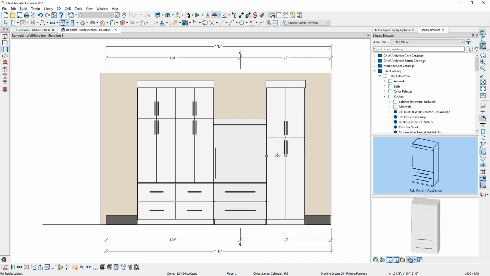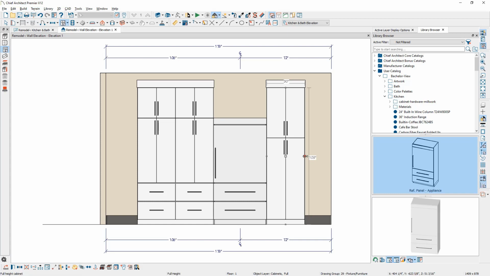If you have your temporary dimensions turned on, you can see the temporary dimensions. If you need to make sizing changes to it, you can easily do that in this view just simply by clicking on it. Our cabinets in Chief Architect bump in 3-inch increments. You can set it to the nearest 1/16 of an inch for custom cabinets.